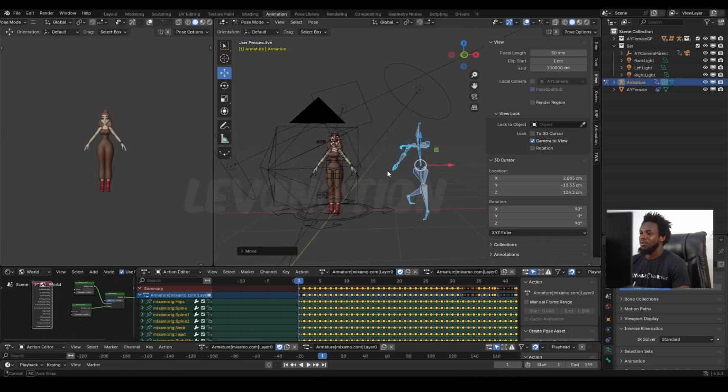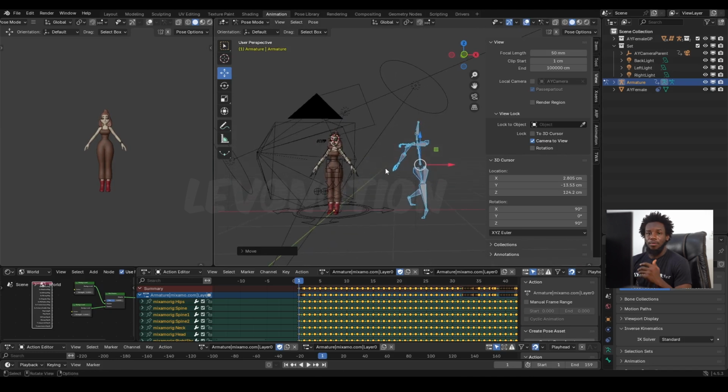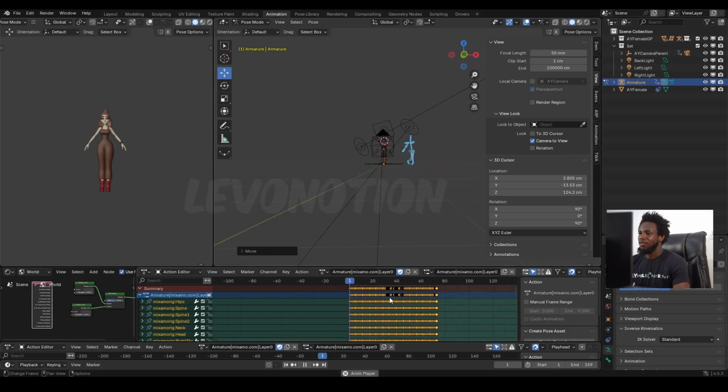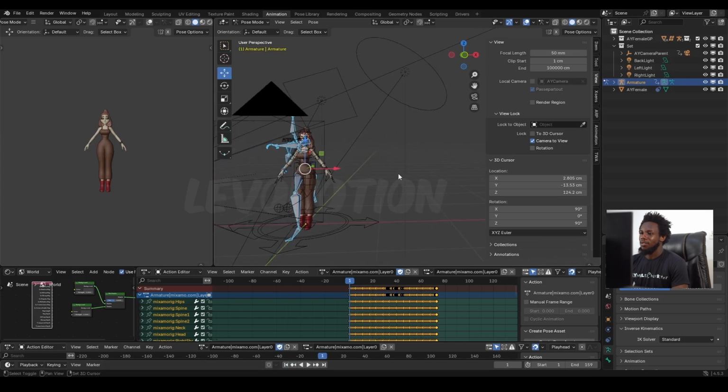Now this animation was gotten from the Xbot, that's Mixamo's Xbot character, and this is what it looks like. I'm going to hit the play button. So it's just a character throwing a kick. Now to make my own character